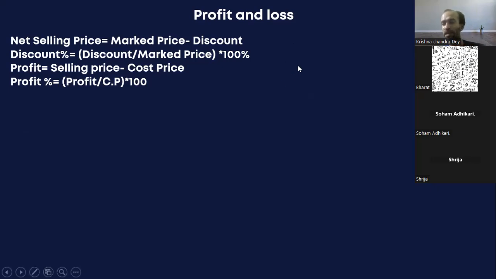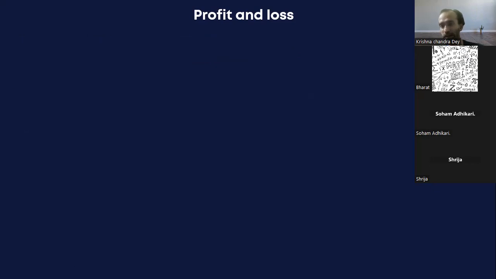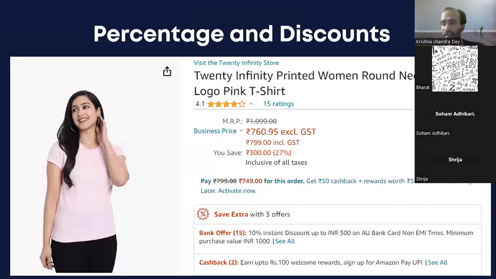Before showing this slide, I will show you a picture which will help you, like everybody has shopped on Amazon. Before I come back to this slide, don't worry. For example, you shop on a normal site. Suppose you buy a t-shirt. This is the MRP, right? Written. In mathematical terms, we call this the mark price. For example, you go to Big Bazaar, D-Mart, or whatever it is there in your town, you see everywhere something written. That is called the MRP. That is called the mark price, right?